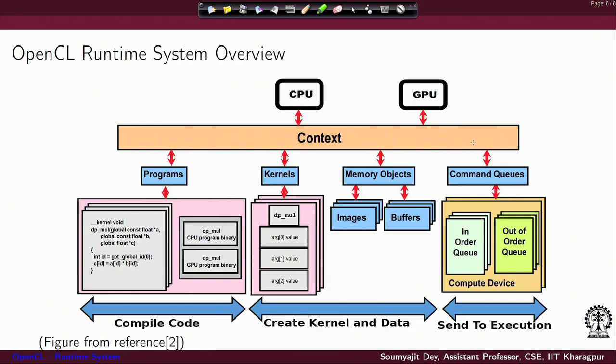And then the important thing is, as we are saying, you don't really launch the commands, the runtime systems are going to launch the commands, but the order in which things would happen you can specify using the command queue: that you read, write, execute, read, write, execute in this order. And when you execute those commands you can give instruction whether to execute them in order or out of order. So, these are the different phases through which a typical OpenCL program's execution would go through. With this we will be ending this lecture. Thank you for your attention.